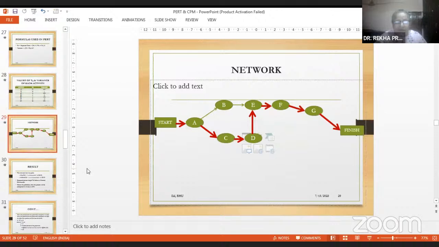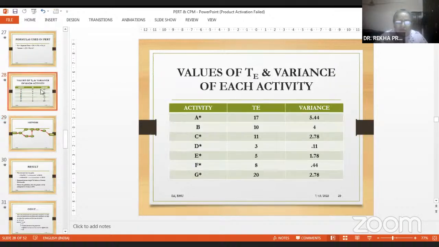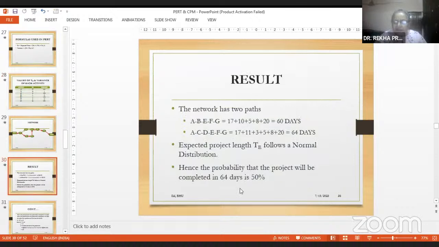Now you have to find out the variance of the critical path. Here I have found out the variance of all the activities, but I consider only the variance of A, C, D, E, F and G. We add these up. So the expected length of the